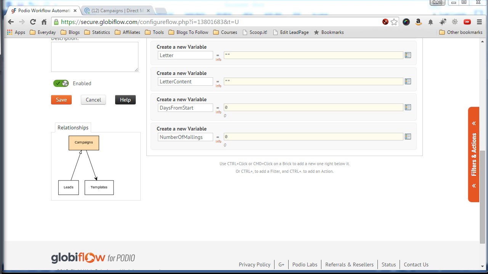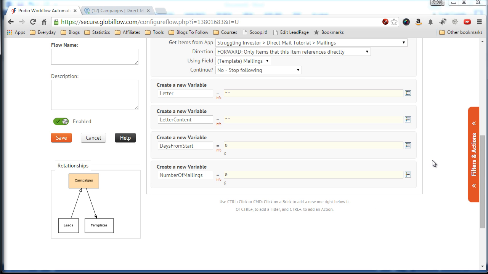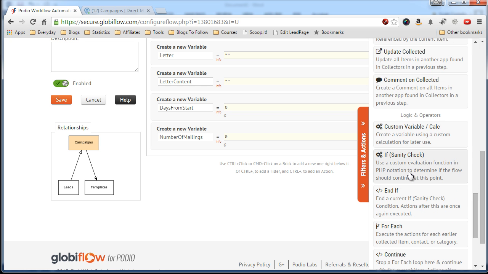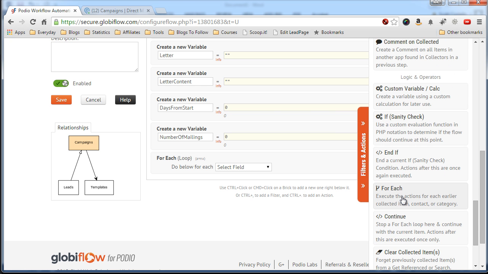So the next thing we need to do is loop through all the mailings, or actually we have to find the mailing that matches our current sequence number that we'll be mailing out, and to do that here you have to loop through the mailings and compare the value of the current sequence number to the actual mailing sequence number that we've set up. So we will add a for loop,